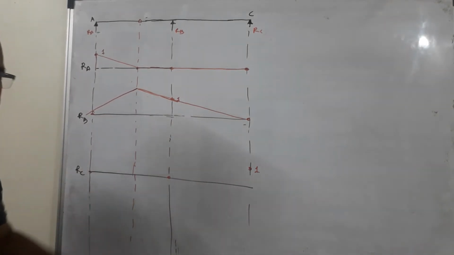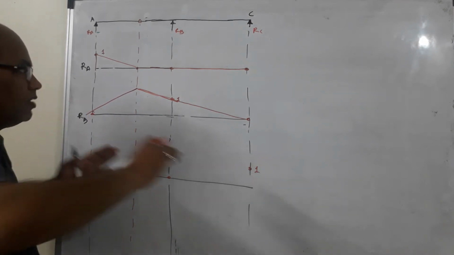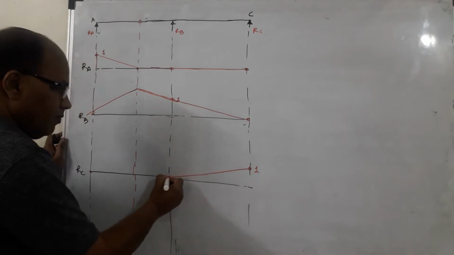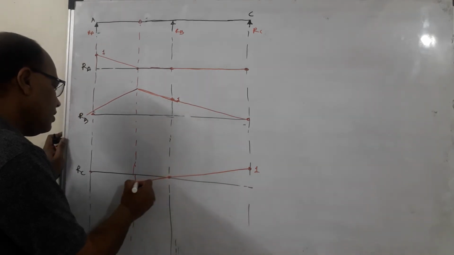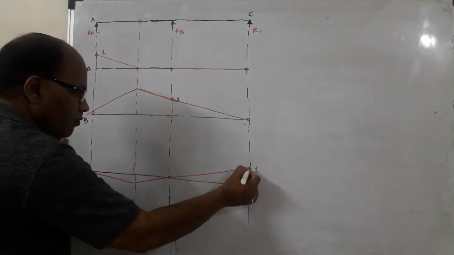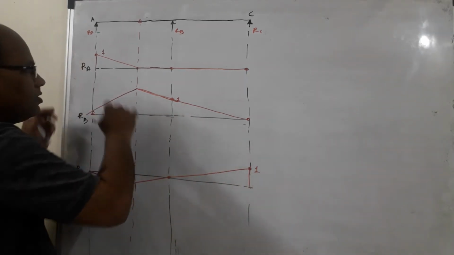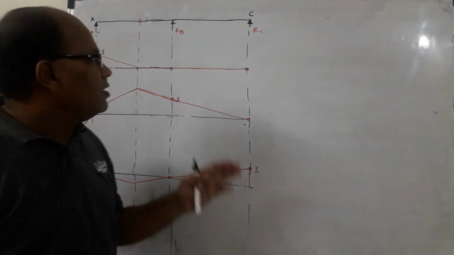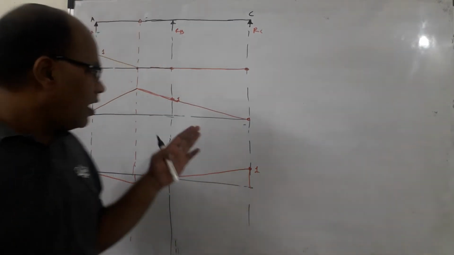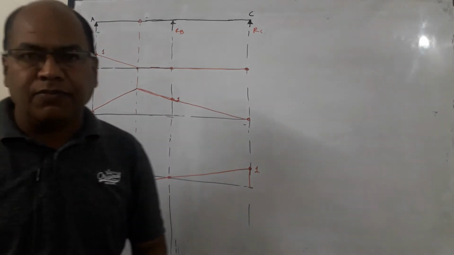Now ILD for RC, again consider the span BC first, join these 2 points together, then extend the same straight line till the hinge is reached and then take it back to the point which has been already obtained. So this is how the ILD for the compound beam in which an internal hinge is there, the ILD for reactions can be drawn in this manner.